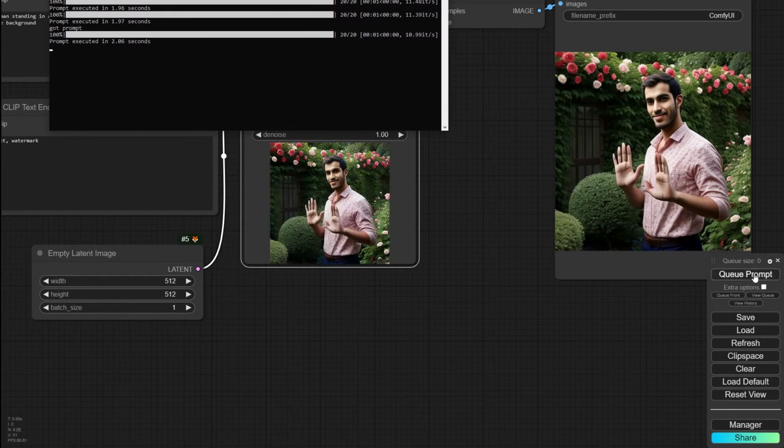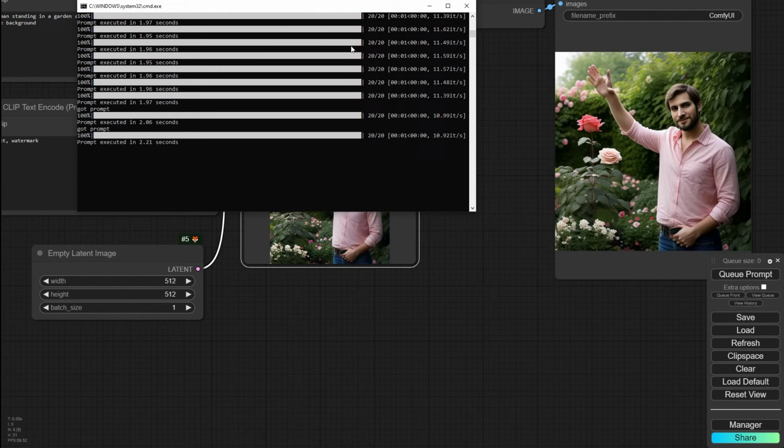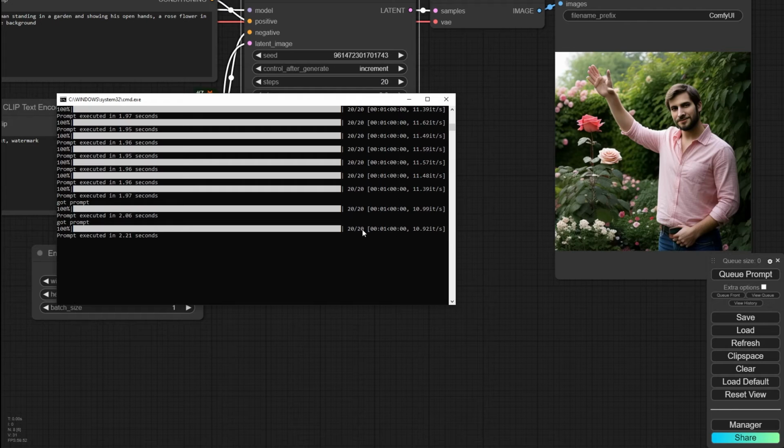For example, now it's processing, and it should totally calculate 20 steps. The second number that you see is the time for generating the image. After that, you can see another number, and after that it/s, and this number is iteration